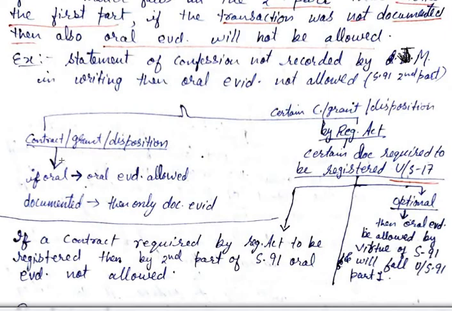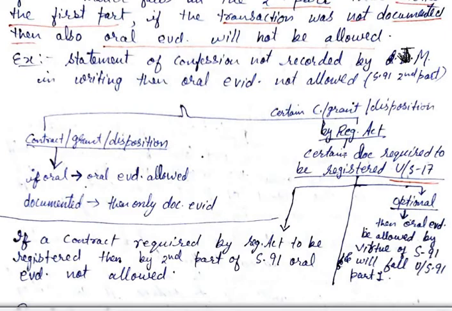If it is oral — contract, grant, disposition — if it is oral, then you can give oral evidence. But if it is documented, then only documentary evidence is allowed. तो इतना तो हम जान ही चुके हैं. But you must appreciate there are certain contract, grant or disposition which as per the Registration Act are required to be